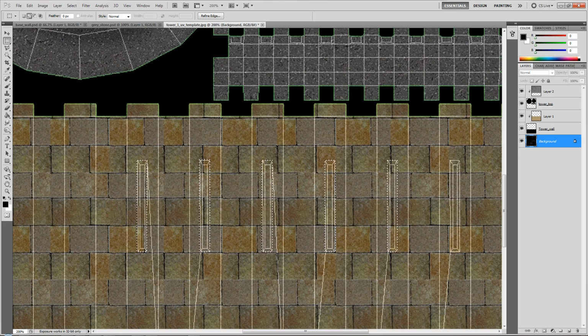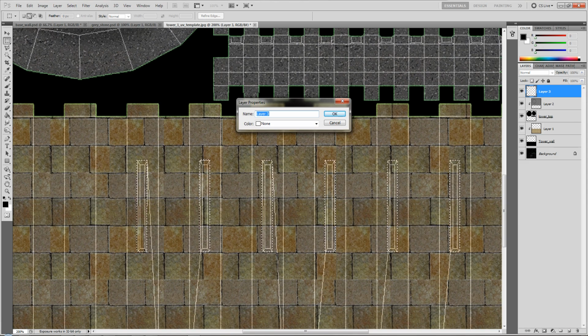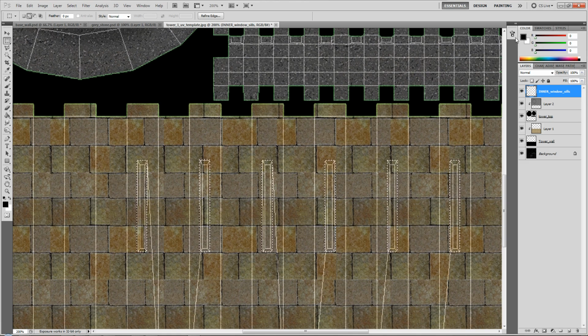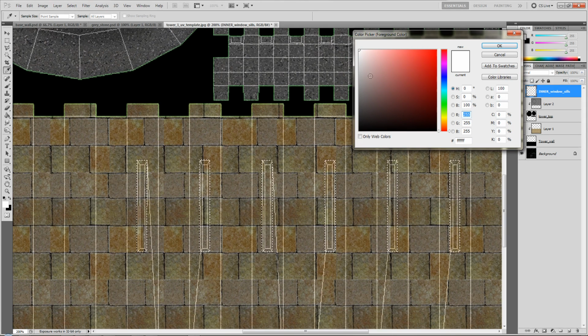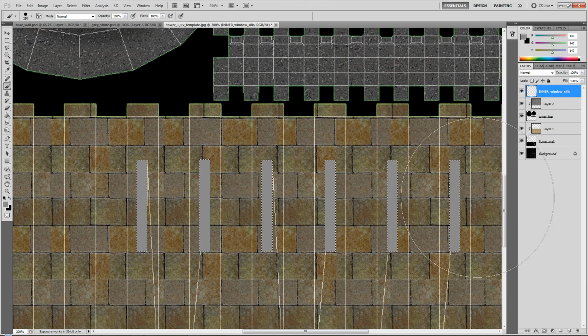There we go, so that one first, like that, and I'm going to make a new layer, which will be right at the top. Rename layer, so layer properties, and in, oops, caps is on, window sills, okay, because that's what they are. And for that I think probably just a feral grey, or I could even just use our stone, I suppose. There we go. Change the opacity on those down a bit so I can see again,